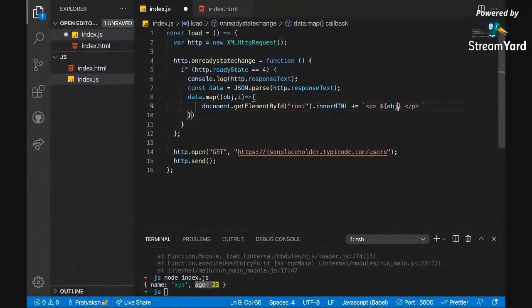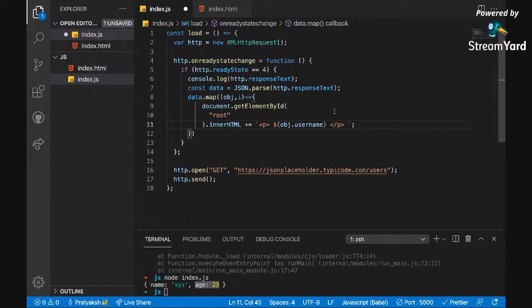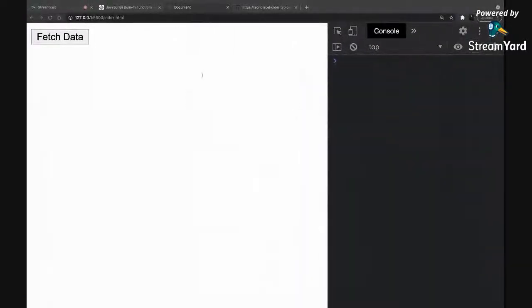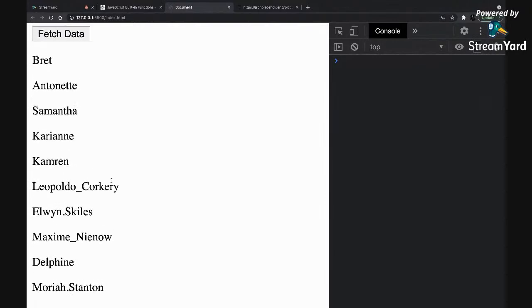So now it will iterate through the entire data and append a paragraph again and again with the username of the user. Okay, now let's try it, and boom, we have the data over here.